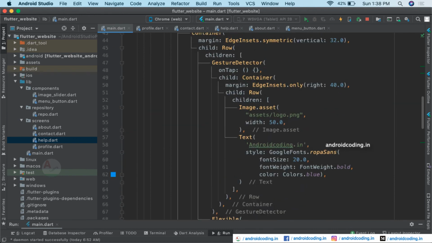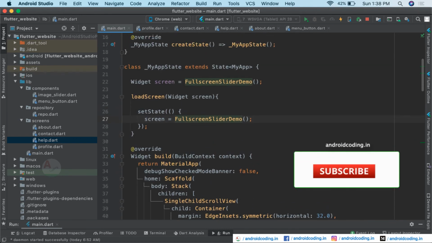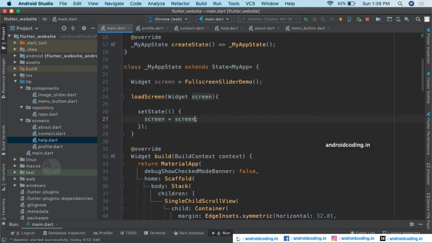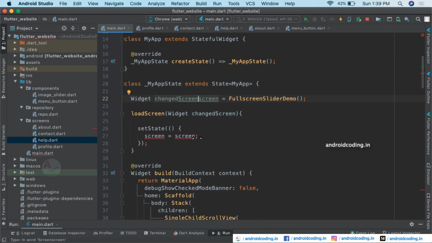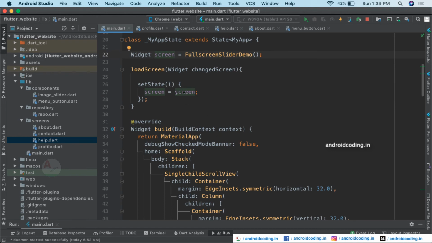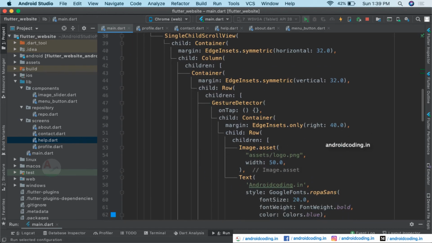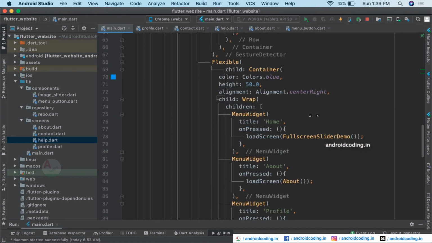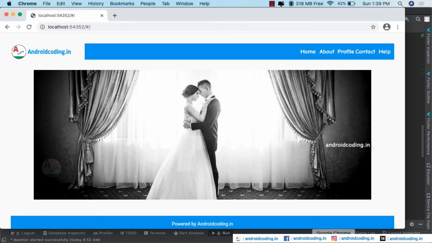And now also make sure you change it here, provide the screen, or yes, you can make it like change screen and just provide it here to avoid the confusion. And now try to run the code and see the output.